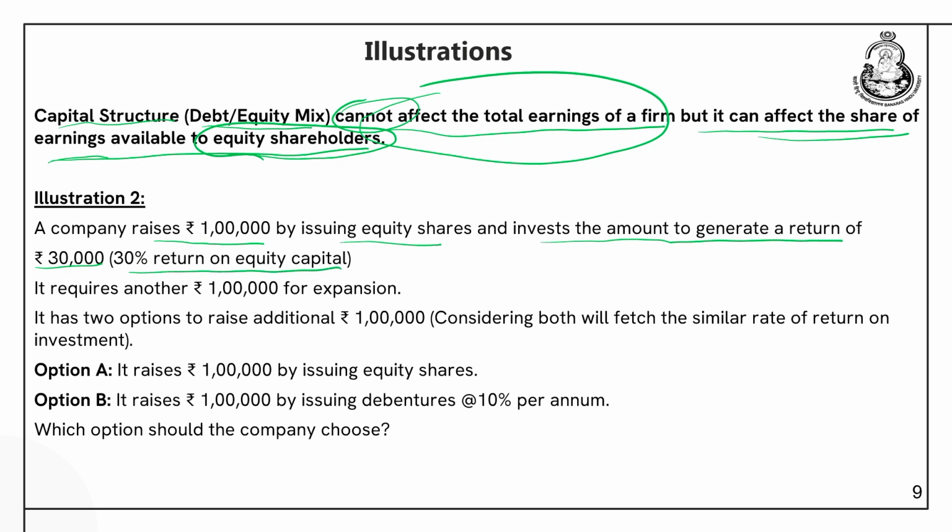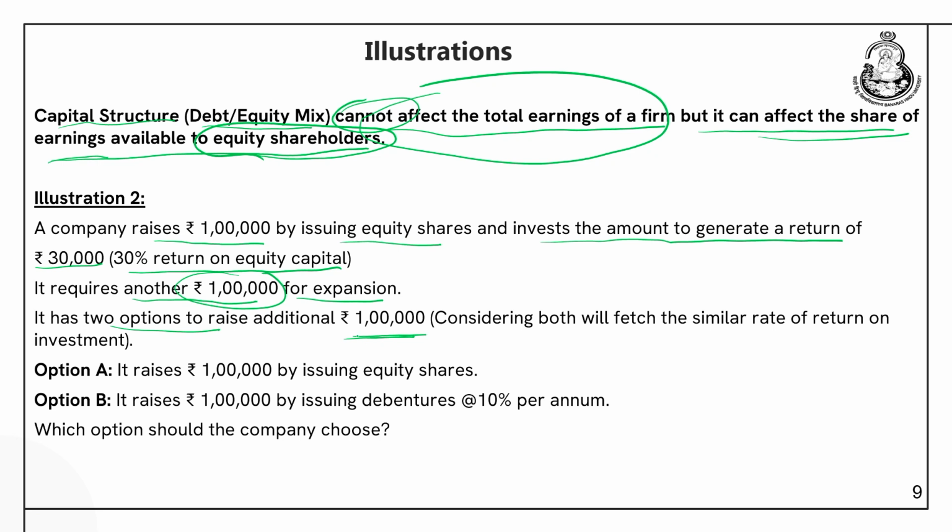Now, let us say the company wants to expand. Obviously, for expansion you need more capital. So, it requires another rupees 1 lakh for expansion. As of now it has 1 lakh of equity, and it requires another 1 lakh. Now, it has two options to raise this additional 1 lakh. The two options are, it can raise this additional amount by issuing,